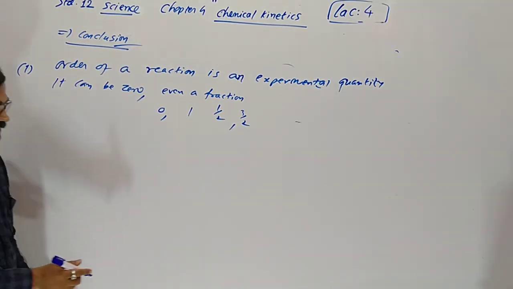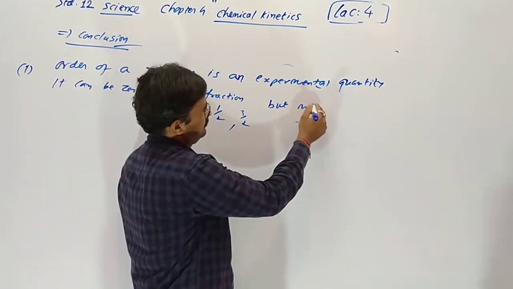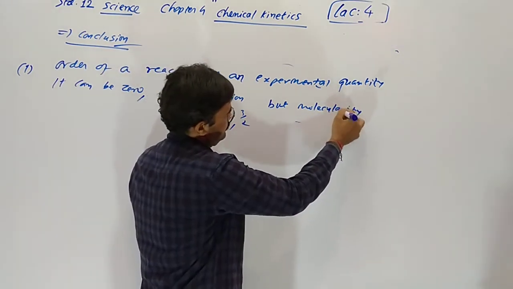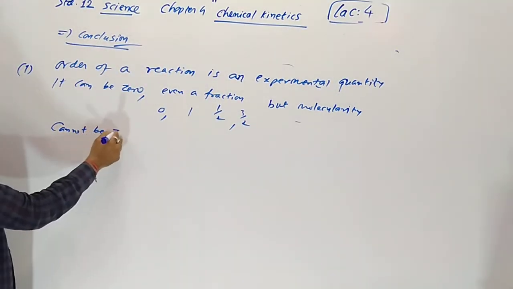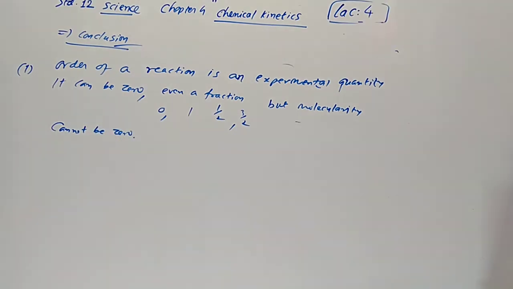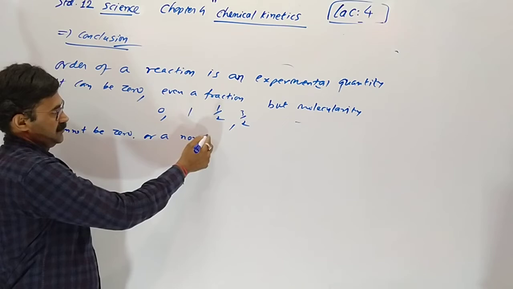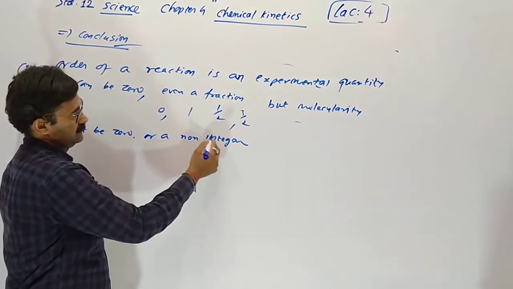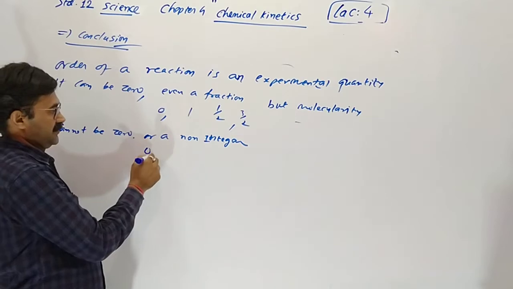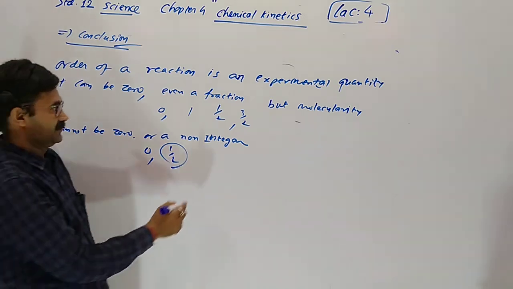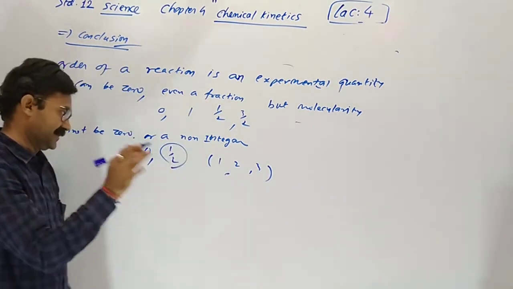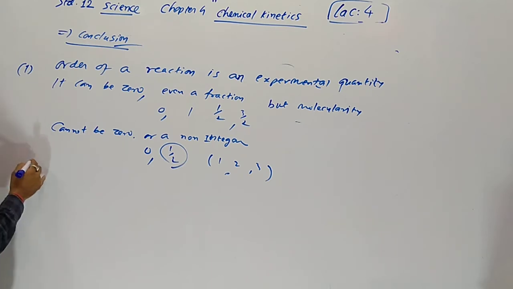But molecularity cannot be 0 or a non-integer. Not zero and not a fraction. Whole numbers only: 1, 2 and 3. Not more than 3, not 1 half. Understood? Comparison: order is applicable to elementary